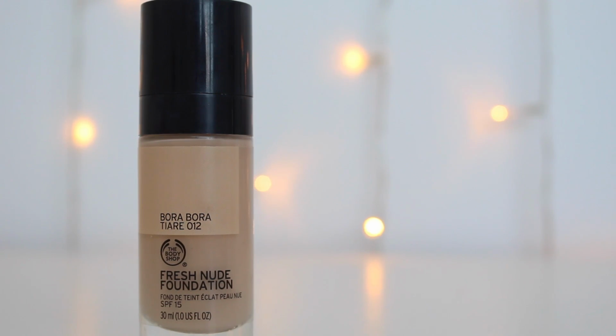Next up, for foundation, I'm using the Fresh Nude foundation. This is in the shade 12 Bora Bora Tiare, or Tiare. I don't know how to pronounce that. So I just put a little bit of this on the back of my hand, and I'm just going to